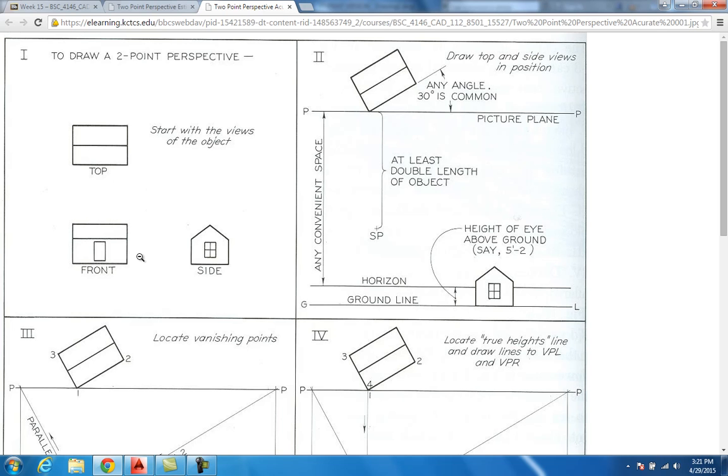First you draw your top, front, and right side like they did this little small structure, little cabin or something. Now any angle is fine on this when you turn it, because this is how you're going to get your depth. 30 degrees is common for the top view, and at least double the length of the object to get the station point. Okay? Now down here,